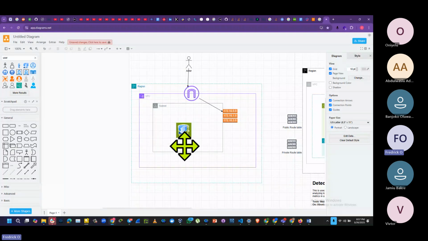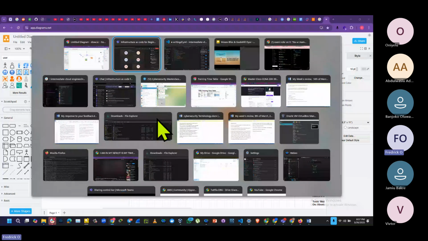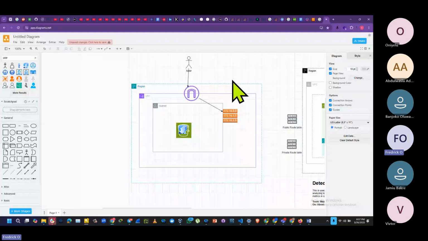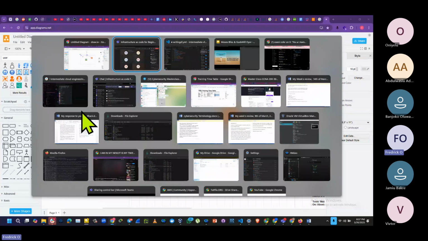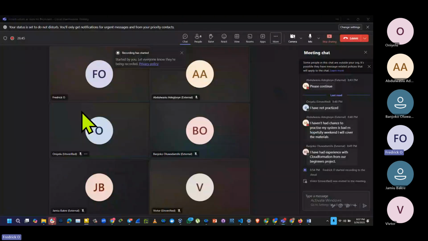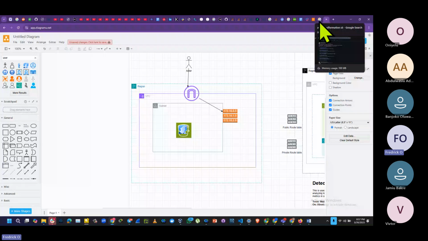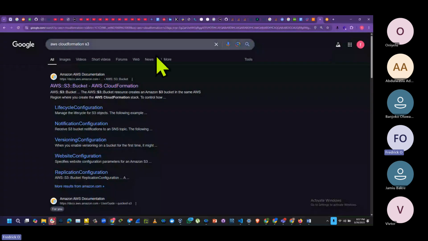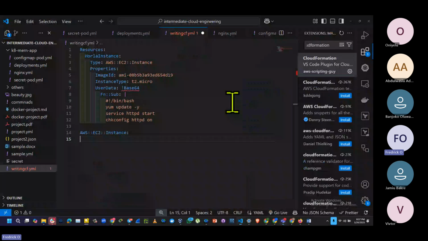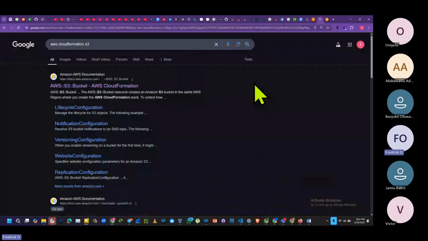So if we want to set up something like this, something very, very simple, this is just a crash course so that it can stick, some of the things we did in the last class. So how to quickly set up something like this. Again, I told you all you need to do is, if we want to set up this architecture, the first thing that comes to your mind is the